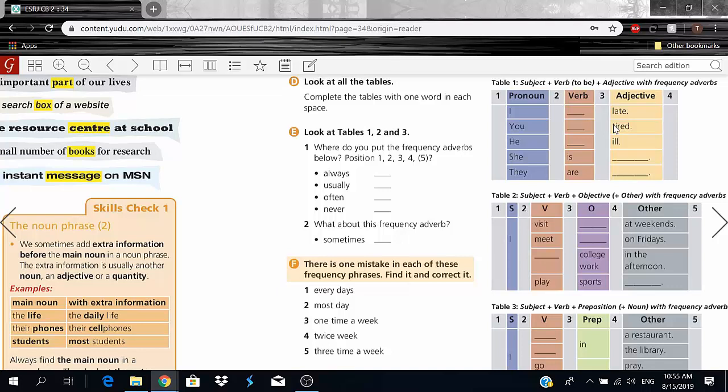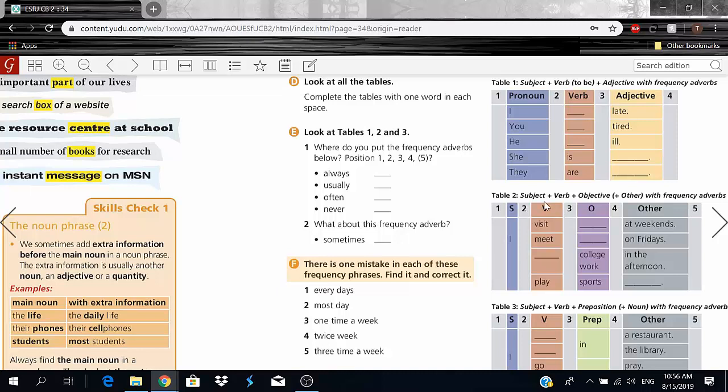It's really similar. We couldn't use it in position number 2 when talking about verb to be. Now we can with other verbs. So we can use it with other verbs in positions 1, 2, 4, and 5. So the only difference between verb to be and normal verbs when using the frequency adverb sometimes is the switch in positions between 2 and 3. Okay, you guys? Pretty simple stuff. I hope you got the idea.